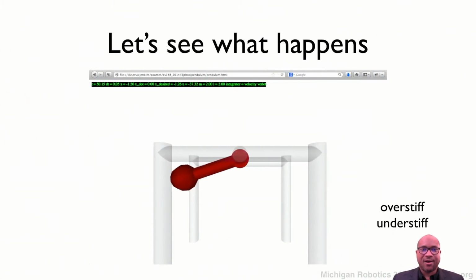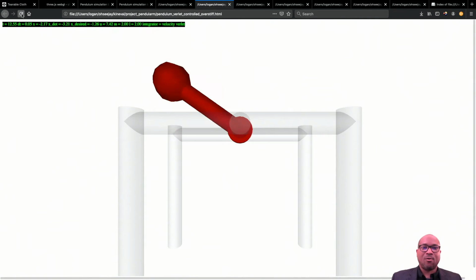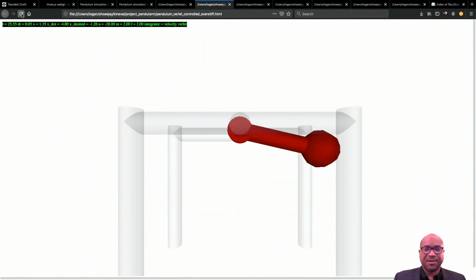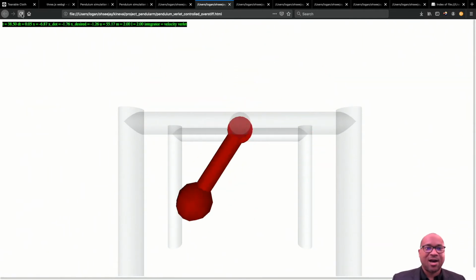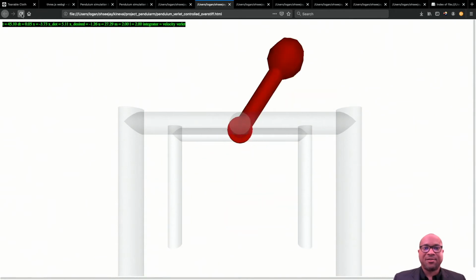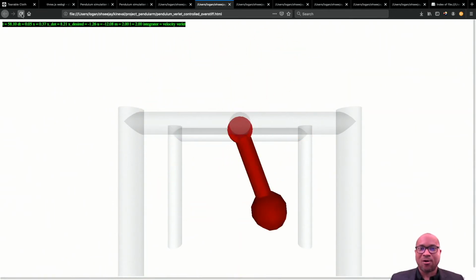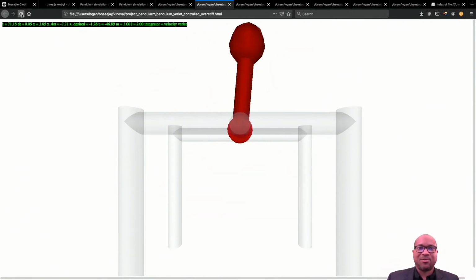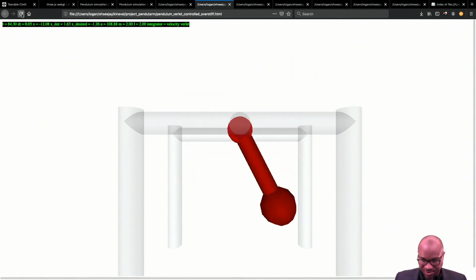And so I have an example. Let me show you my Pendularm in action. So I'm trying to achieve negative 1.26, which is just over to the left side here. My overstiff controller is continually trying to do this, but it's oscillating. It's going back and forth about this vertical, and so it's really just adding more and more stiffness, and we're creating these big oscillations that will never really be able to hit the desired,